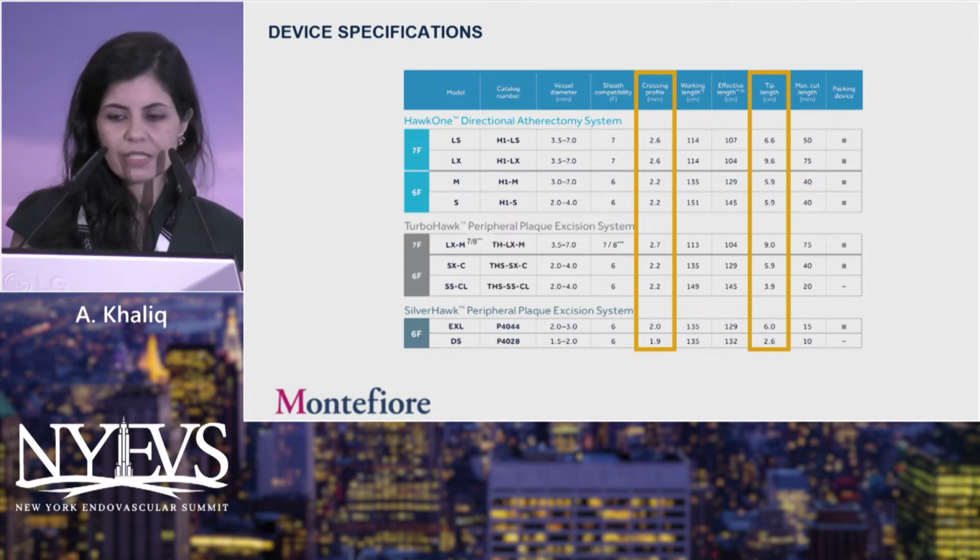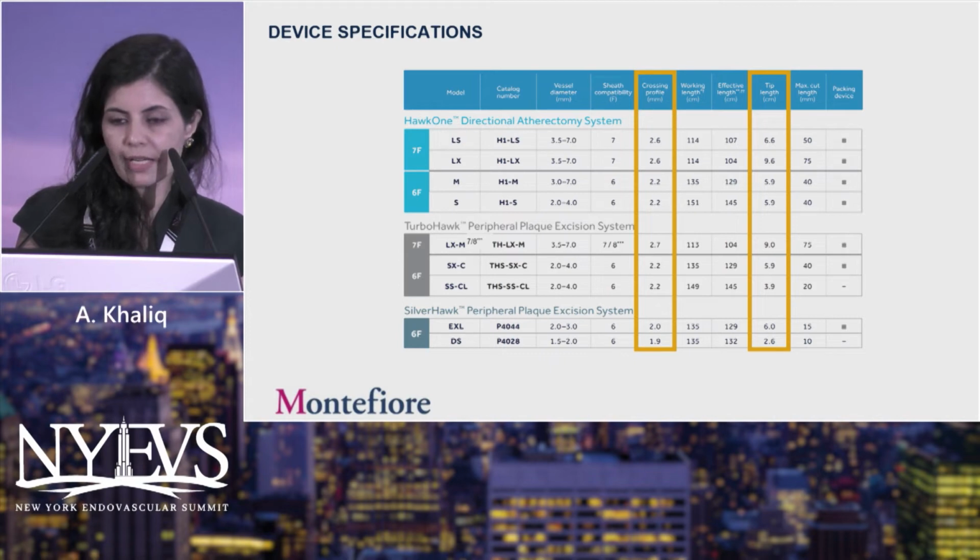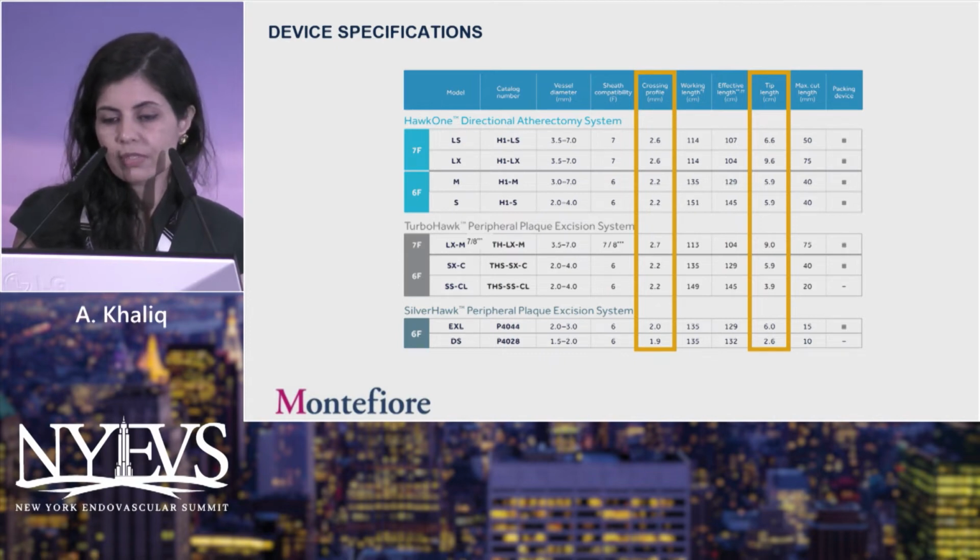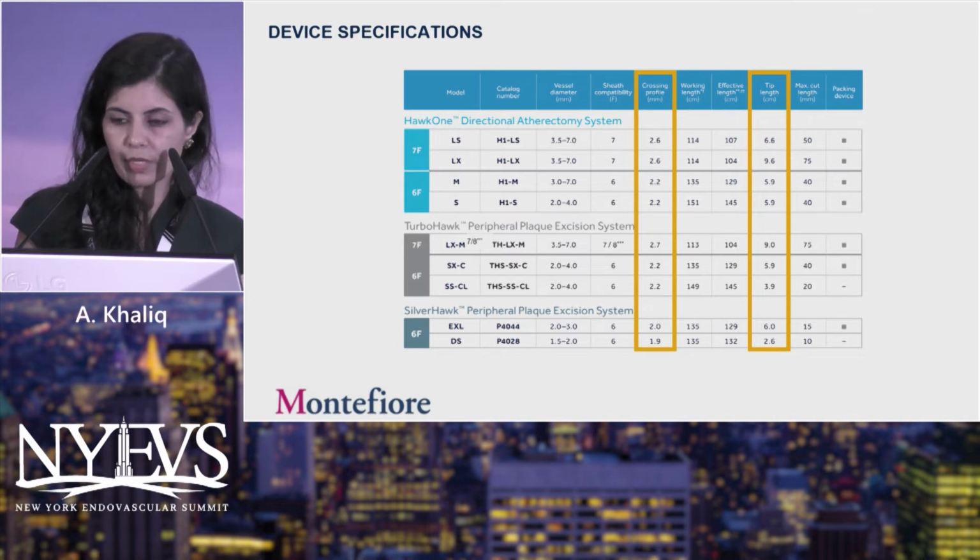So most of the times in an SFA, I would use a Hawk M, and if I have to use it in big SFAs or in CFAs, then I use a Hawk S or LX. So the Hawk S sometimes we use when you don't have much room, because it has a shorter nose cone for whatever reason. If you're close to an occlusion or whatnot,